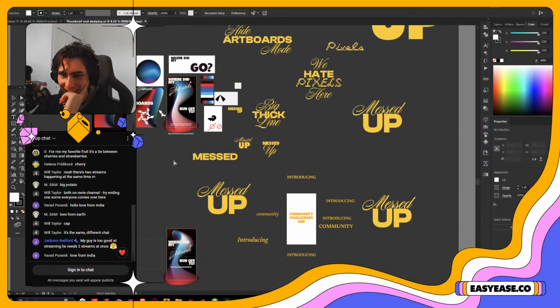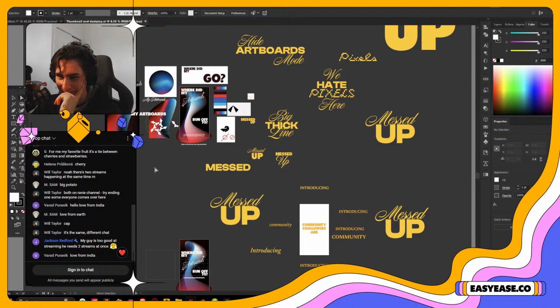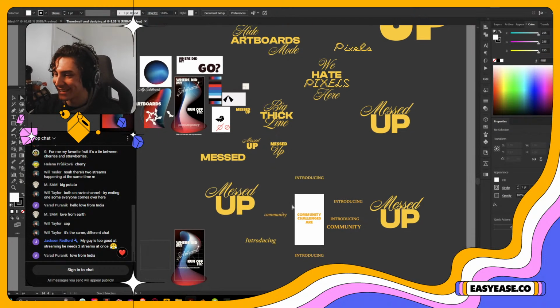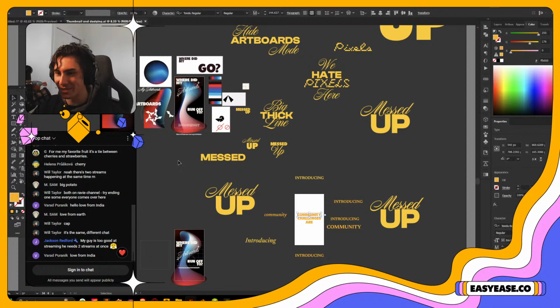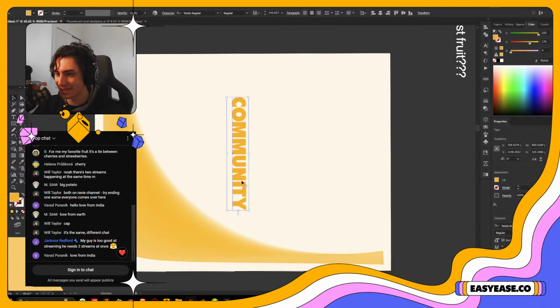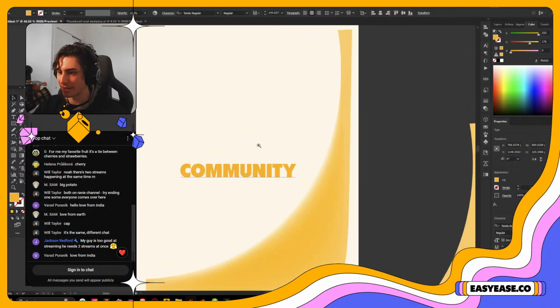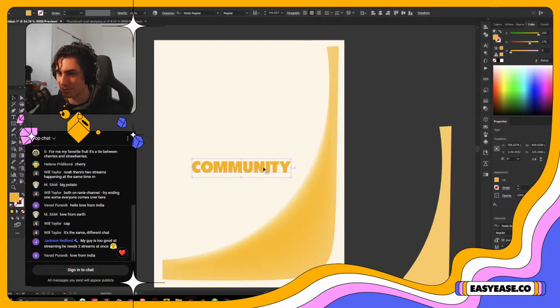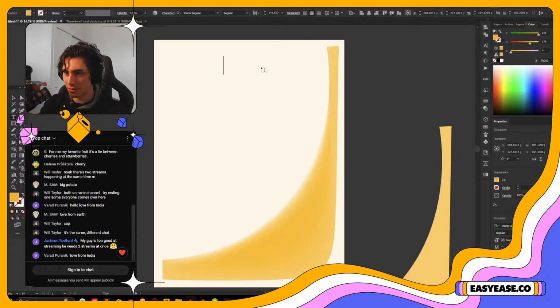Check it out. Look at all of my fonts everywhere. This is what my design files look like. I don't think things should be organized. I think that's no fun. Oh, I forgot I was sideways. Wow. Hold on. Okay. That's much better. Here I was thinking I was designing sideways.